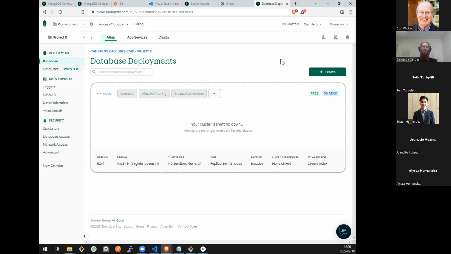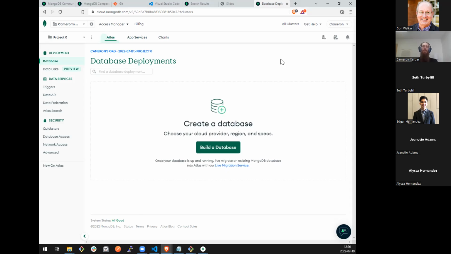But I wanted to pull back just for a second, a little bit more to the strategic level and talk about where JSON data is out there, what's generating it, why something like MongoDB is useful.